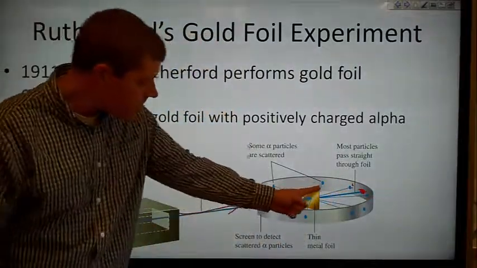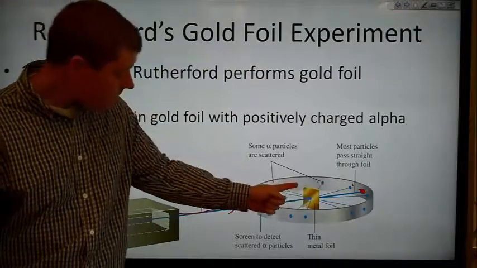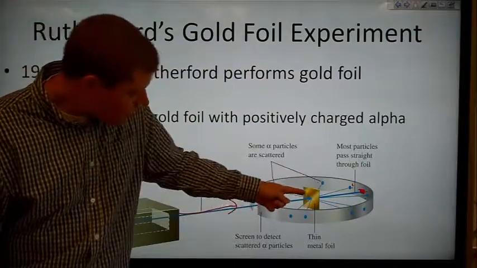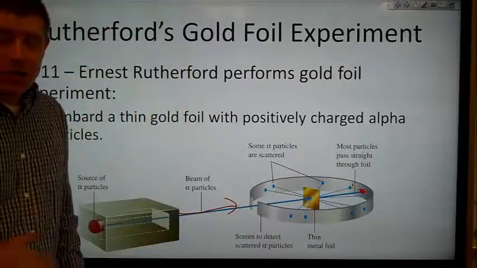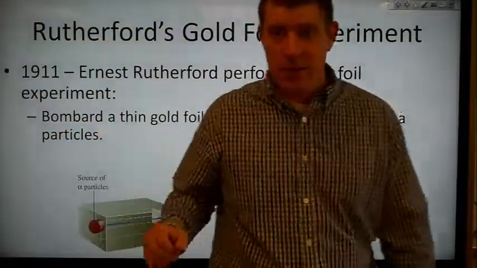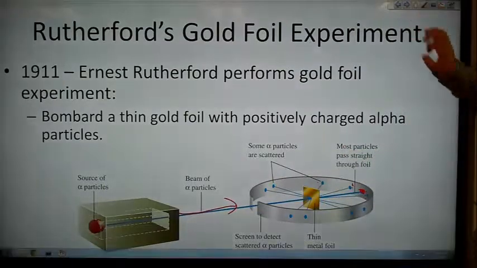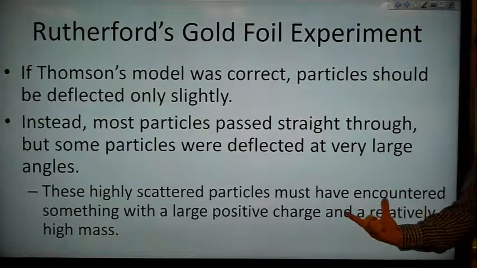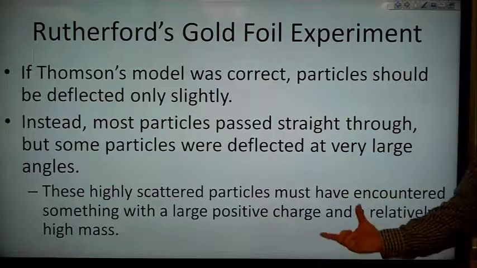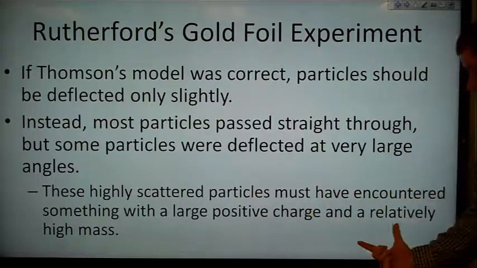But he finds some that are really highly deflected, and some that, in fact, hit the foil and then come back towards him and hit on this side of the foil. Which shouldn't happen if Thompson's model is right. There's just no way that can happen. And so these highly scattered particles have to have encountered something with a very large positive charge and a relatively